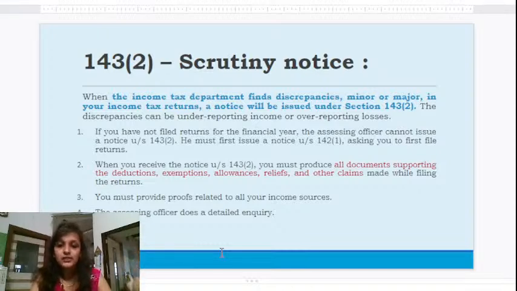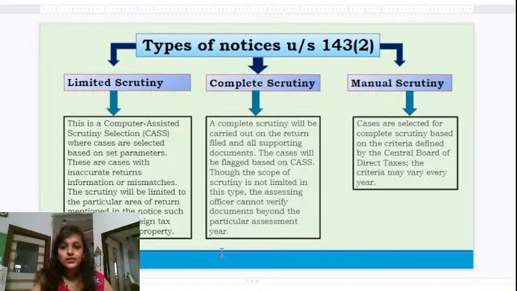Then you must provide proof related to all your income details and all your income sources. The assessing officer will ask you everything in a detailed inquiry. That is why they issue you a scrutiny notice. So these are the 143(2) notice cases. There would be limited scrutiny, complete scrutiny and manual scrutiny. Limited scrutiny is just computerized, based on whatever information the computer has given.